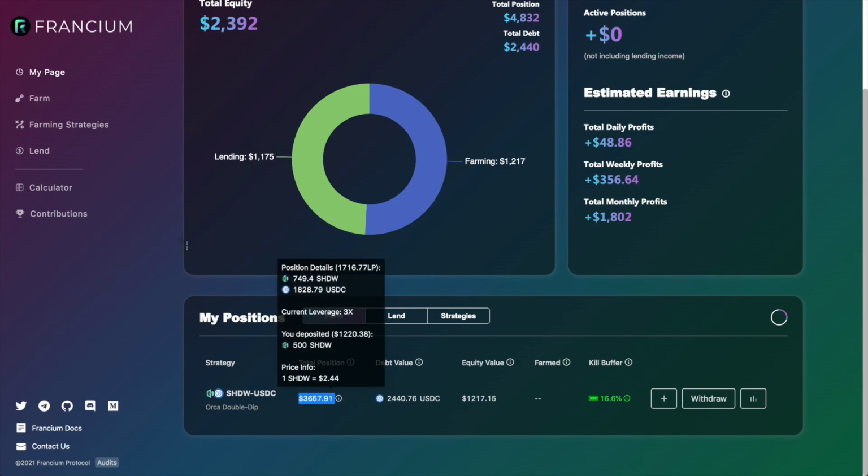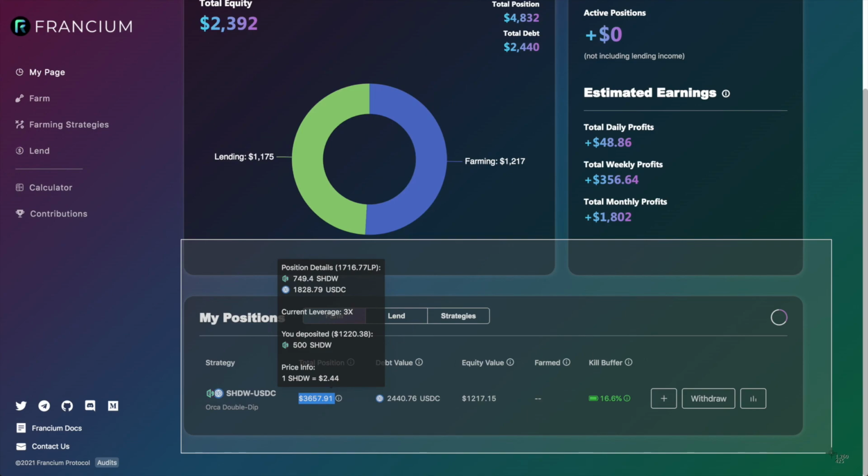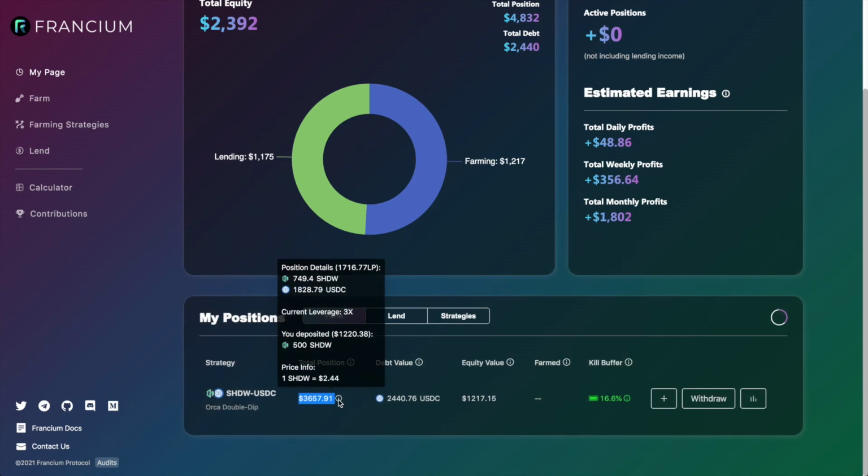I like to screenshot some of these things so we can get the initial details. We are at 3x leverage. I deposited $1,220, so keep that in mind when you're watching your position over time. You can see that US dollar amount fluctuate. So even if you don't withdraw exactly 500 Shadow tokens, think about it in terms of USDC when you're doing